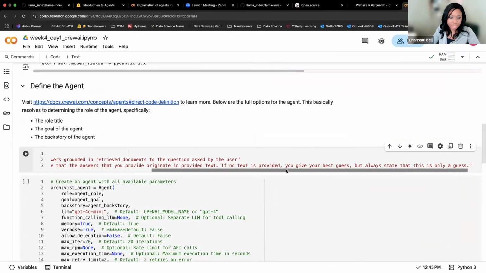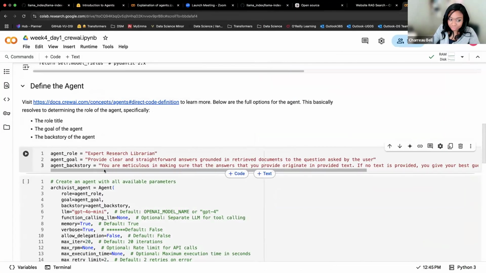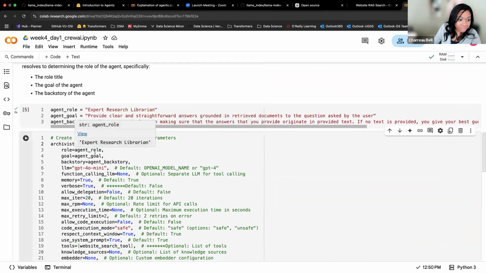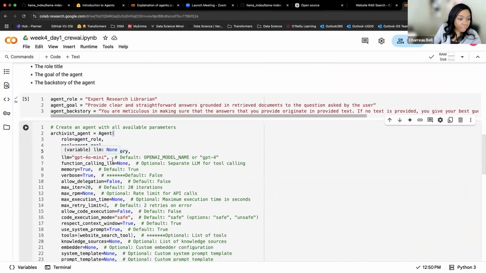Okay, so this is what I'm going to go with, right? And so let's run this. Let's put that in there. Our agent has this, we've provided it this, so the role that we've written there is going to go here. We're going to give it the goal and the backstory. We are going to leave these be.